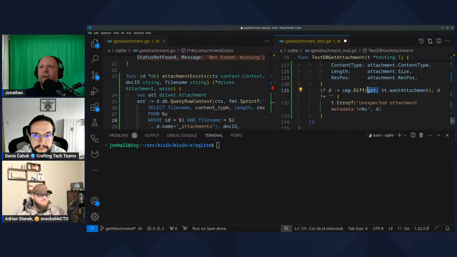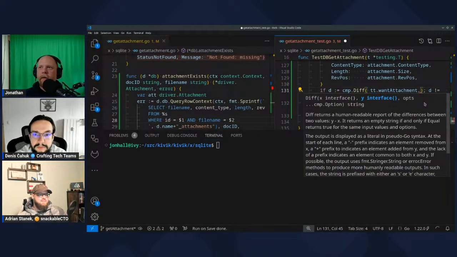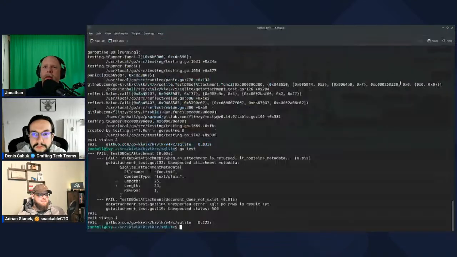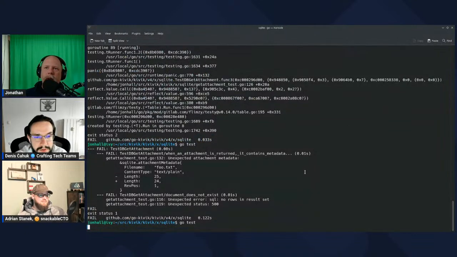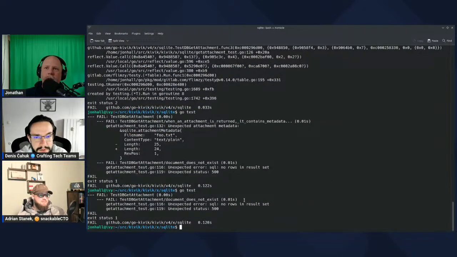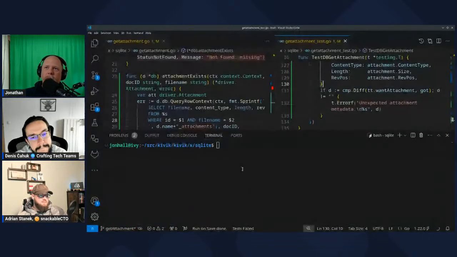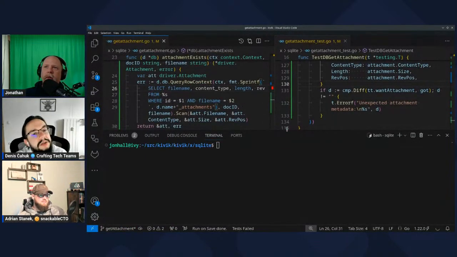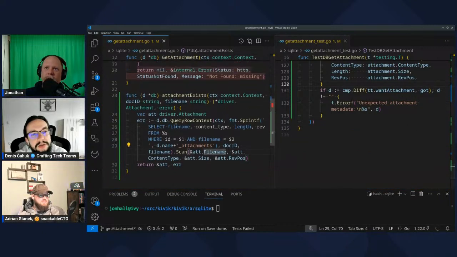It did put the order wrong here. Want should come first, not got, so that the diffs make more sense. Yeah, expected first. All right. And now, since I changed that from an exist query to this other one, the previous test fails because the error type changed. Exist never returned a not found error because it's always true or false.